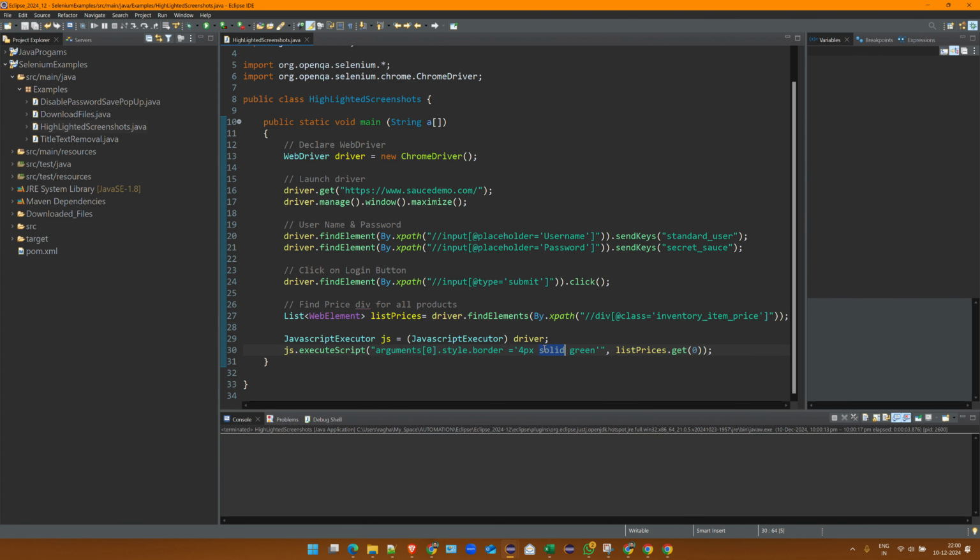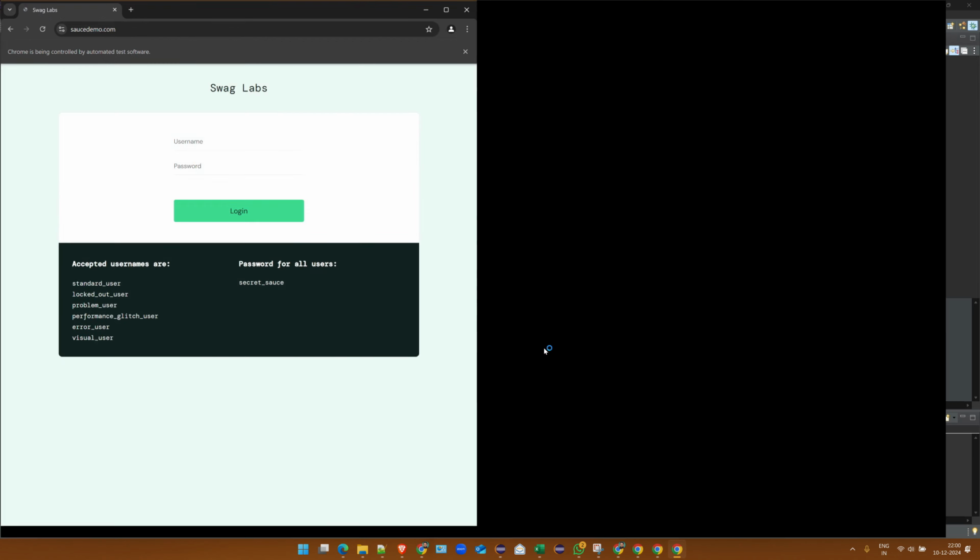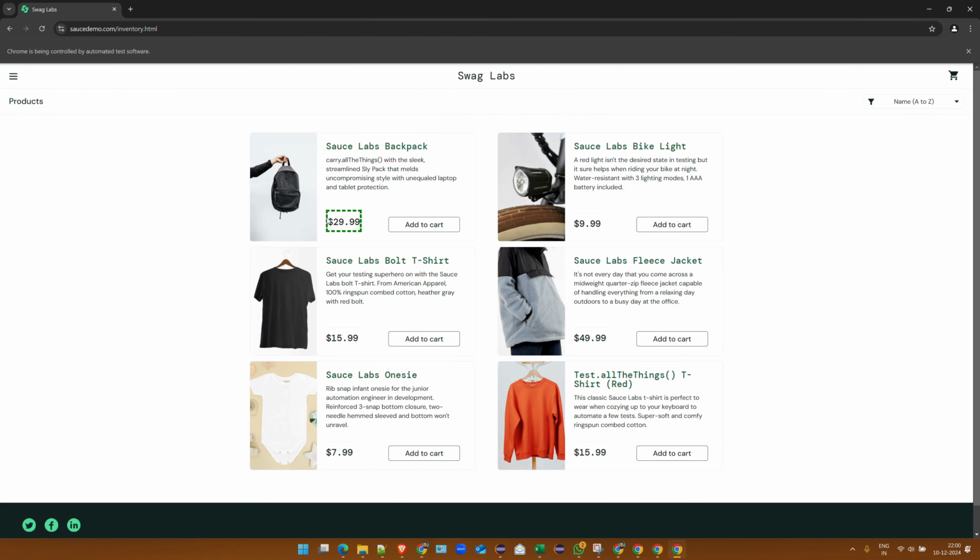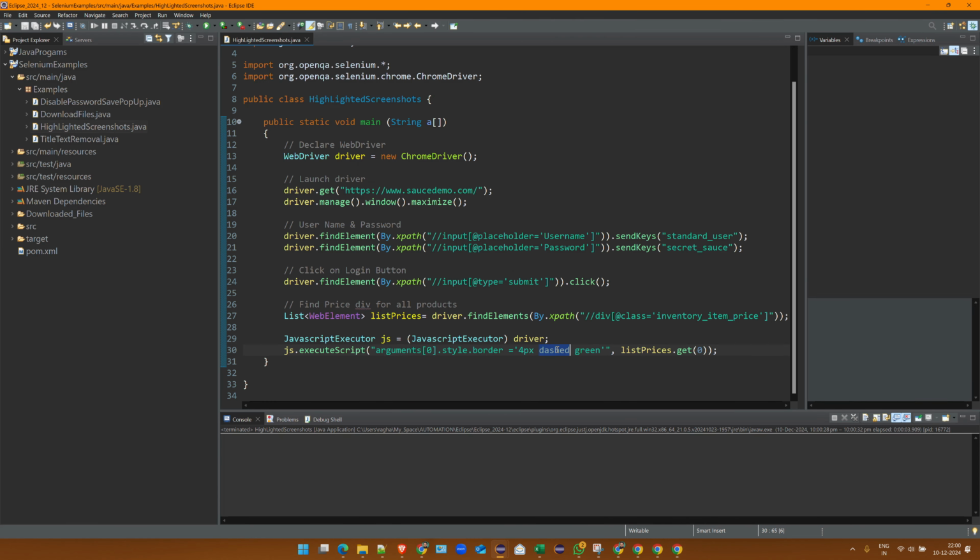What if I give dashed and then execute it? I'll show you the combination, what all combinations we can have. It is highlighted in dash. You can have dotted as well. Dotted at the same time, say I make it 6 pixels and I want the color to be blue. Okay, I execute the same,